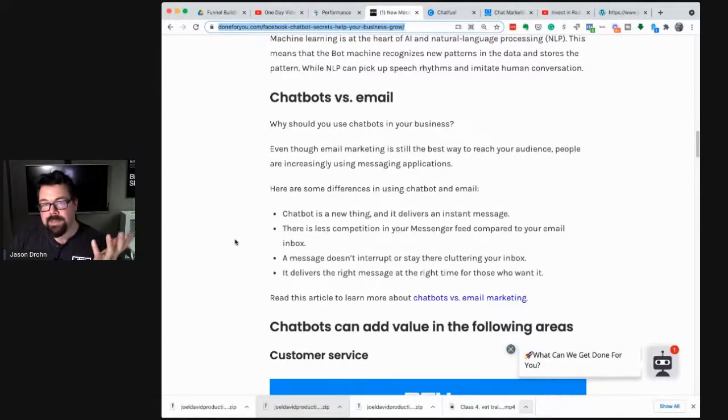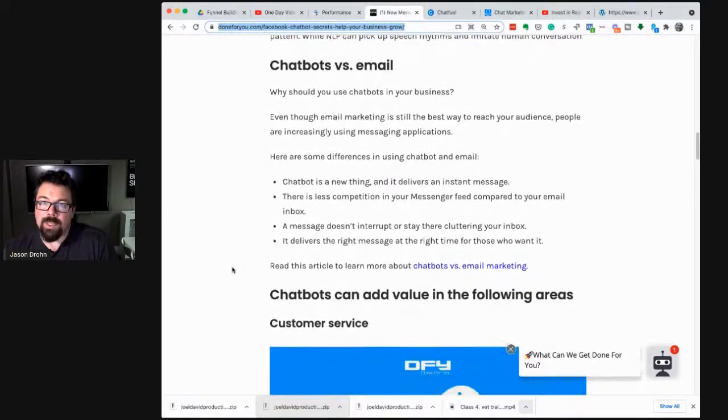it's an engaged conversation. An email, you write, you click send, it goes off, you wait for a reply. A chat is a conversation in real time with another human or a smart software or whatever on the other side that is able to get you where you need to go faster. So chatbot, it's an instant gratification platform. We're going to see a lot more of them, even now.